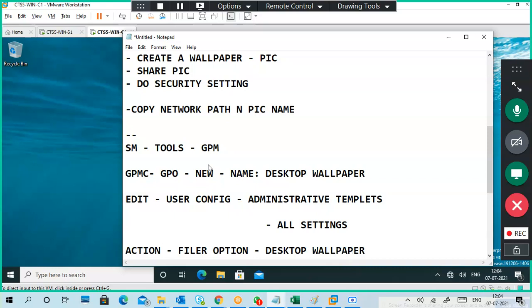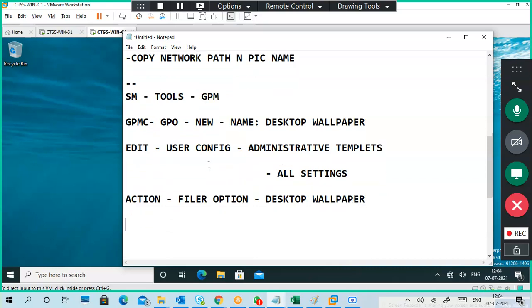I'm not giving exact points, but just to understand what is right. Okay. Then enable it. Paste the network path with name.